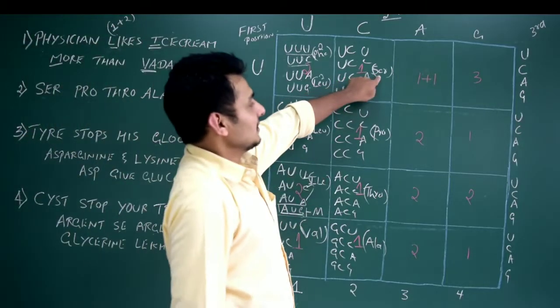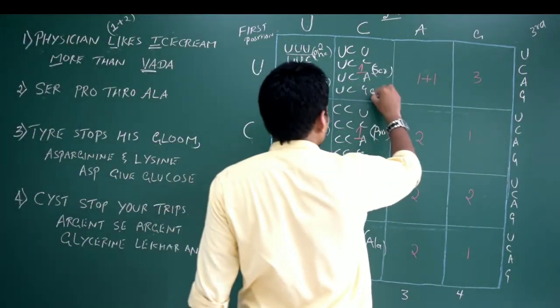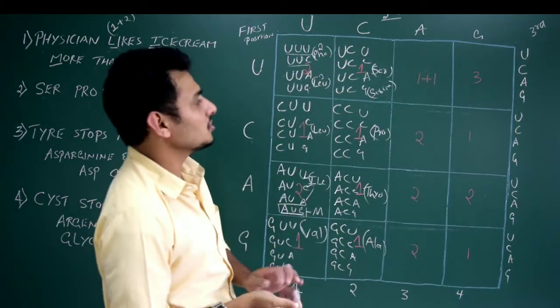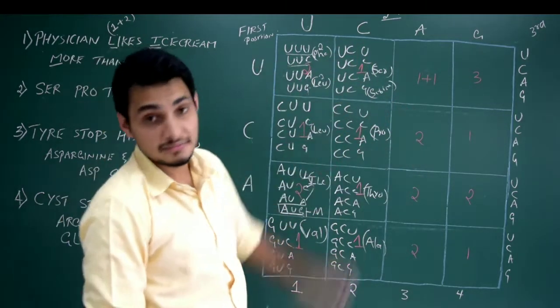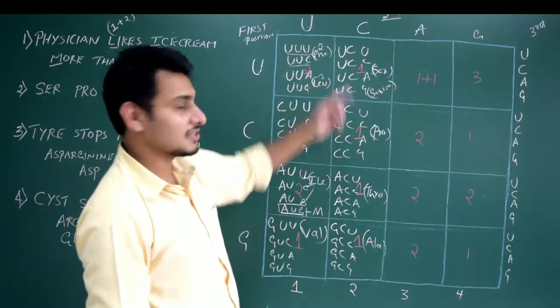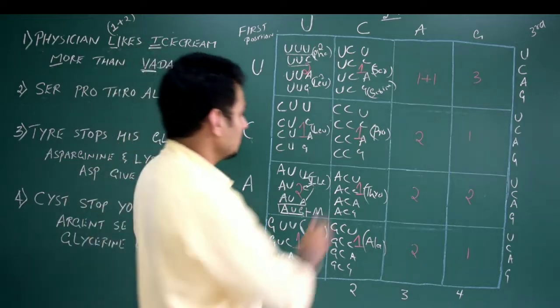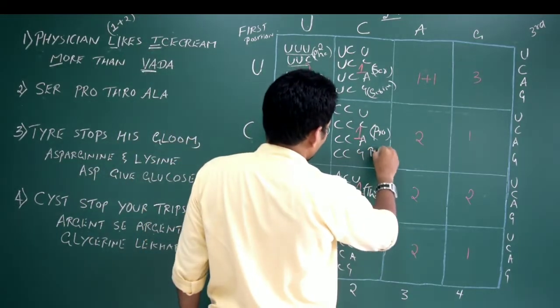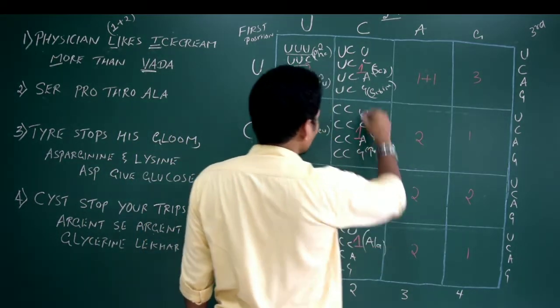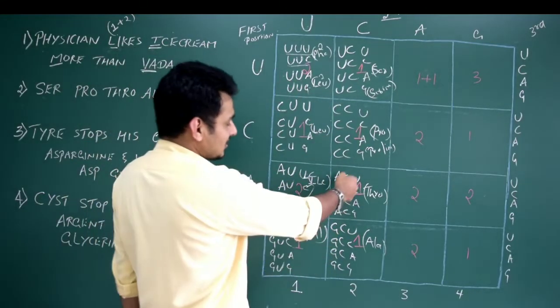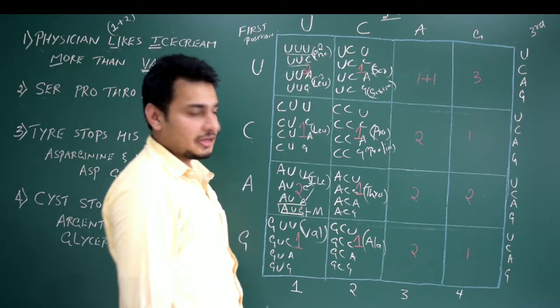This is serine. Serine is the type of amino acid. So any question related to UCA codes for serine. Next, CCG codes for proline. PRO means proline. All these different types of codons will code for the same amino acid, that is proline. Next are these 4 different codons that start with